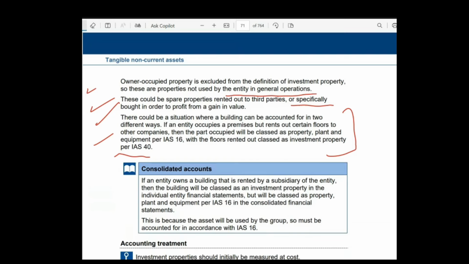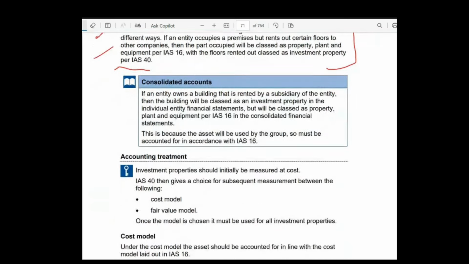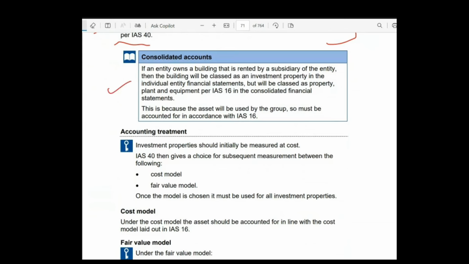Once the model is chosen, it must be used for all investment property. This is also a rule, so it is not a choice. So when property values go up, you will use a fair value, or if they go down, you use a cost model. Cost model: under the cost model, assets should be accounted for in line with the cost model as per IAS 16. The fair value model says the asset is valued at fair value at the end of